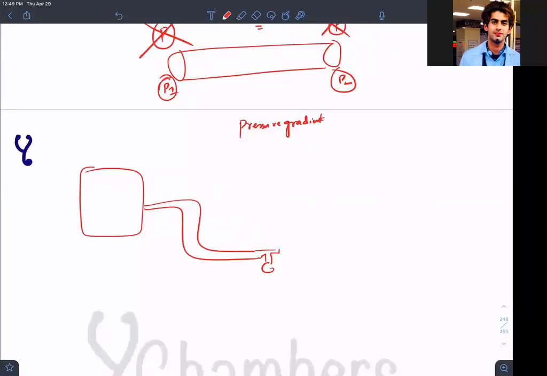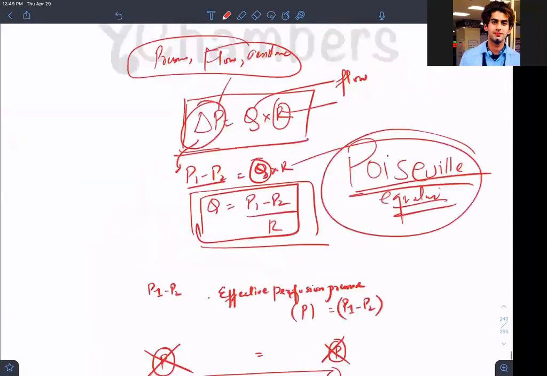The equation which we drew from P1 minus P2 is basically the equation in physics, that is Ohm's law. Ohm's law of resistance, isn't it? We are using that equation here. Because what does Ohm's law say? I remember from physics, V is equal to IR. This was Ohm's law, isn't it? V is equal to IR. Simple concept.